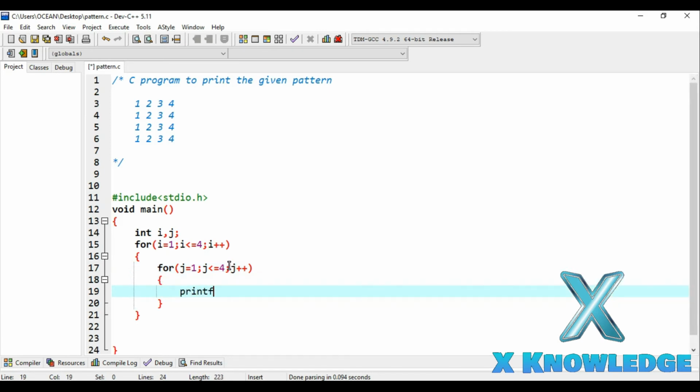And we will be printing the value of j on the output screen such that we get 1 2 3 4, because in the first iteration the j value will be 1, in the second iteration the j value will be 2, and this is what we want. So let's print this on the output screen. We will use %d, which is the format specifier for integer,